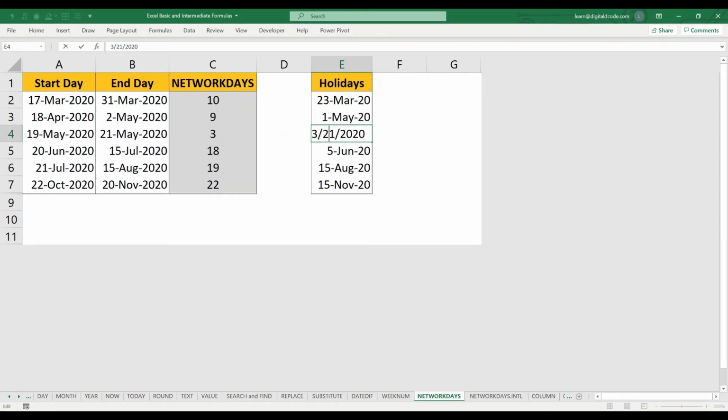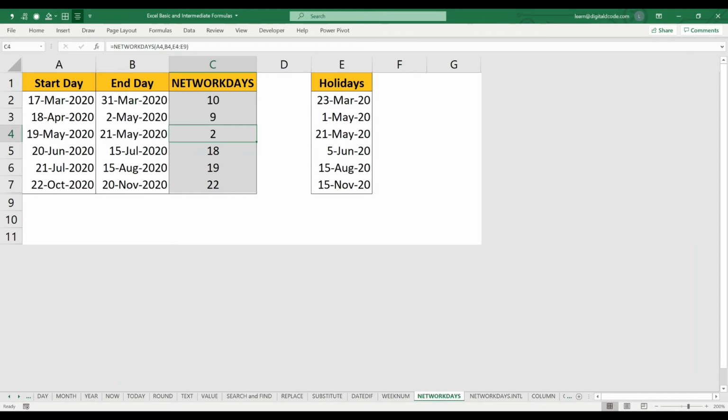So here I have 3 days, right? The net working days. Now it becomes 2, because between 19th and 21st we earlier got 3 days. So now I added one more day in the holidays, so that got excluded from the result.